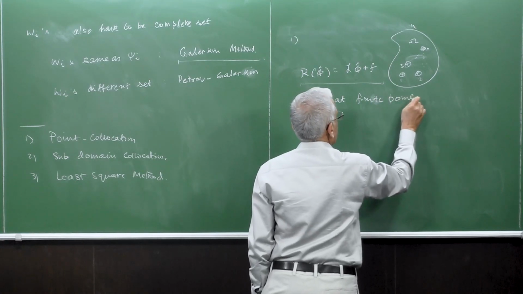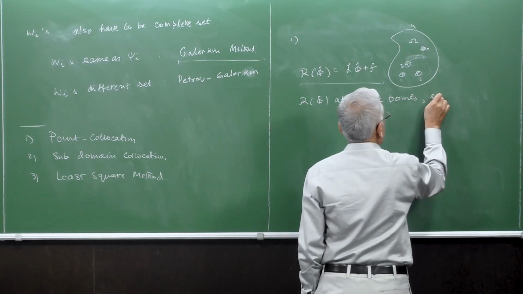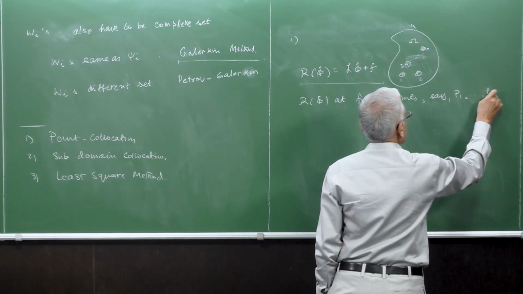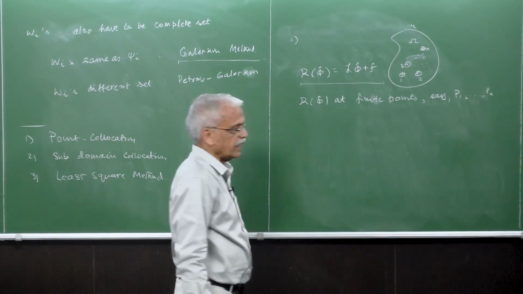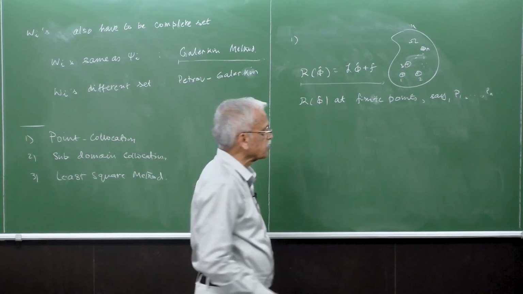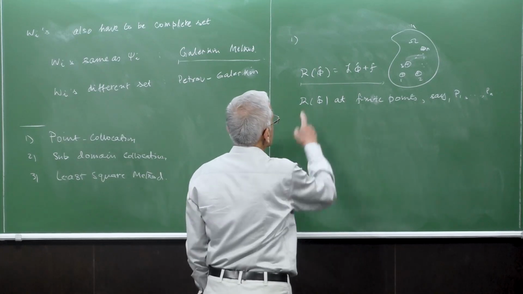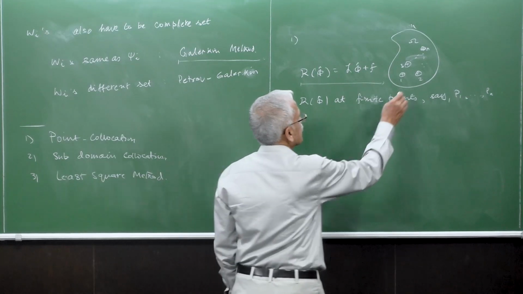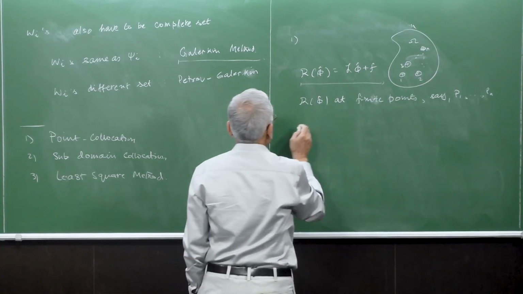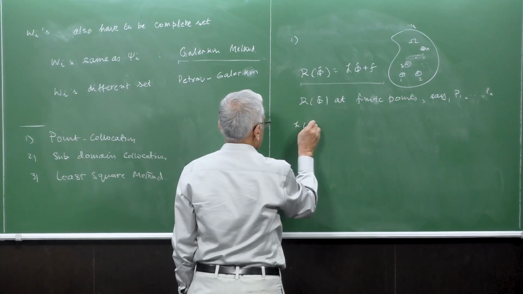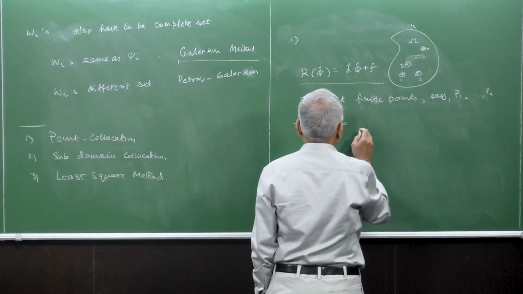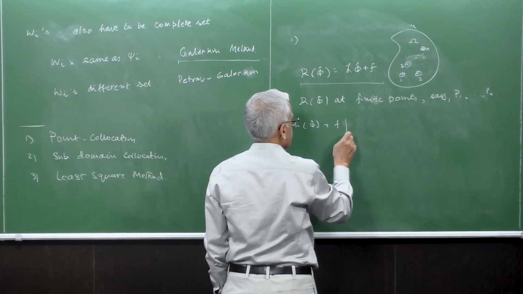Say P1 up to Pn. So we are only saying that it's not completely zero over the whole domain, which is not possible for us. The only thing we are saying here is that this residual, R of phi hat, is zero only at certain n locations. So in the sense that this L phi hat plus F,